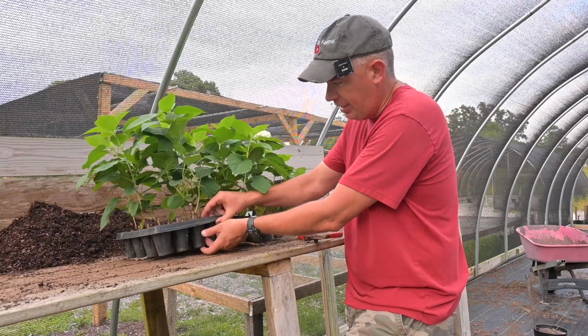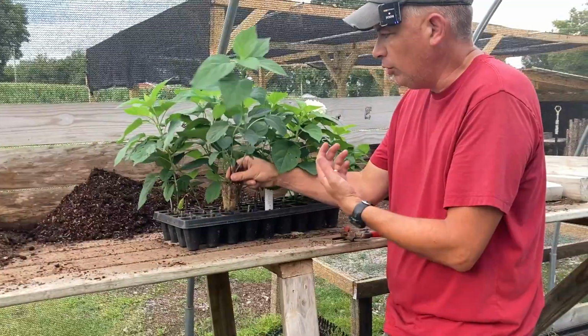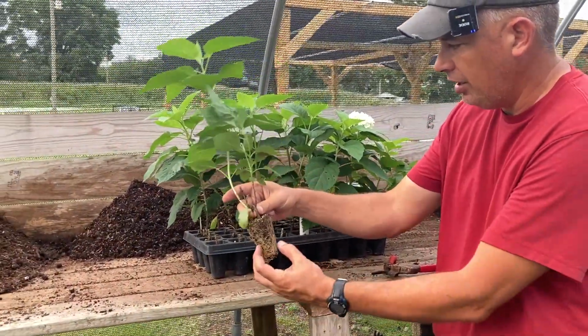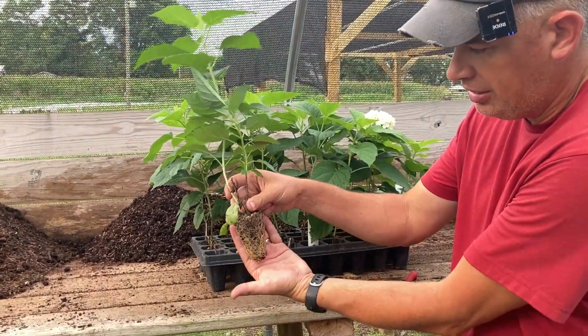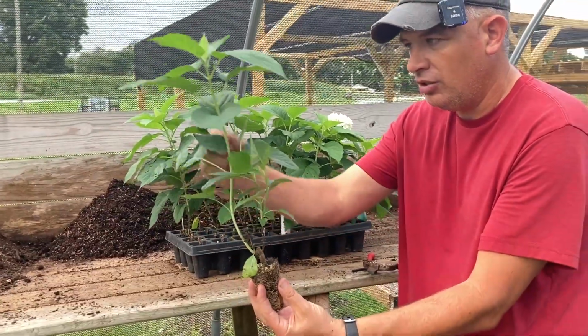So we have some Annabelle plants here. Let me pop one of these out and show it to you here. This is not very pretty. It doesn't really need to be pretty, but this is just a nice little Annabelle plug. I think it's a 32 or 38 count plug tray, but you can see that's a nice size plug. But all I see on here are cuttings, and I see 1, 2, 3, there's at least